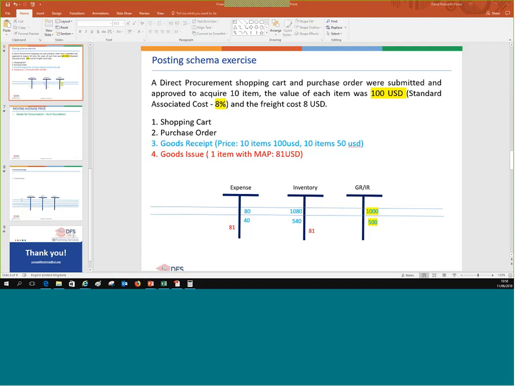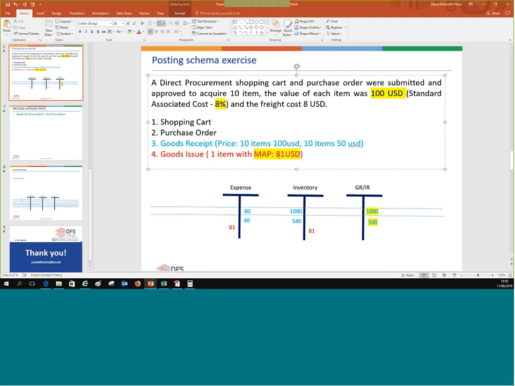Yes, I can repeat the calculation of the moving average price. Do not worry, you don't have to calculate moving average price. The system is automatically calculating this. So in the material master record, in the master data of every material, you have the system calculating moving